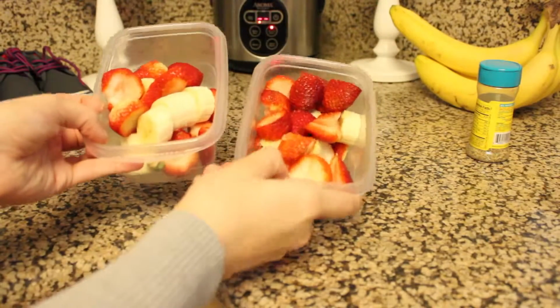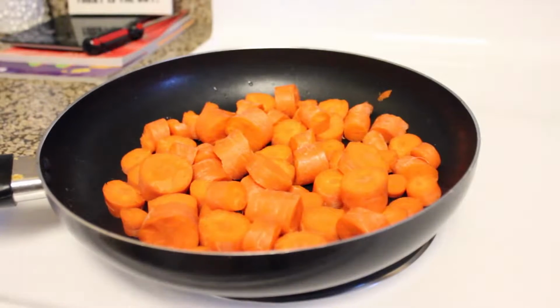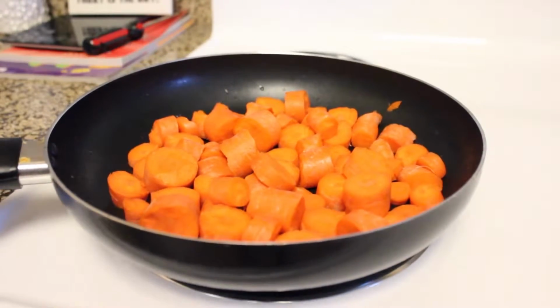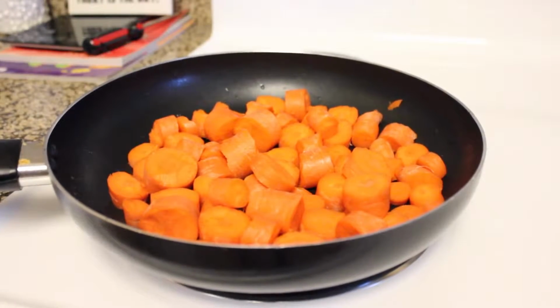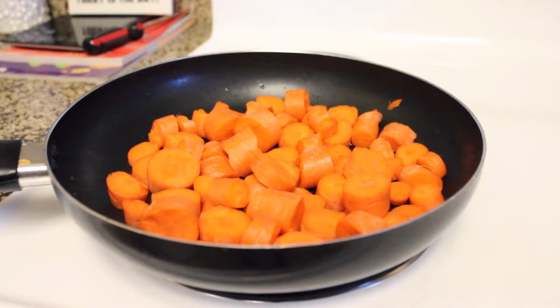I have these portioned out really well for some snacks, so those are done. So all I've done here is chop up some of those big carrots that I had. I'm gonna go ahead and steam these here, and then I'm gonna do the Brussels sprouts next. So I just chopped them up in pretty small pieces so I can just prop them in the meal prep,